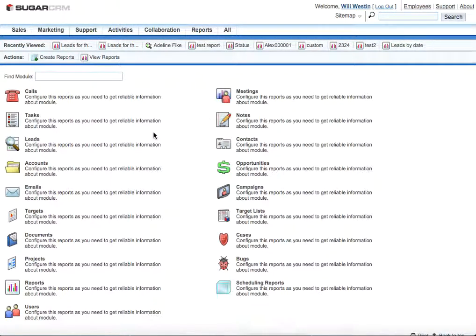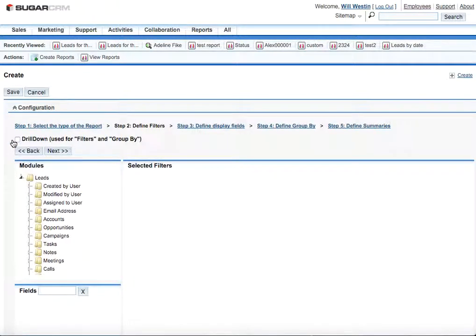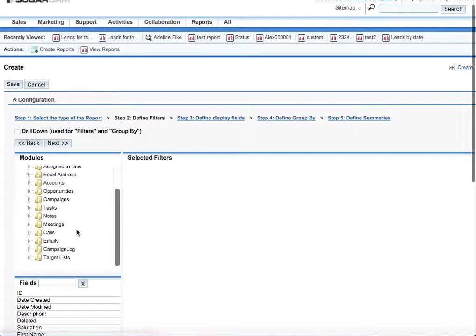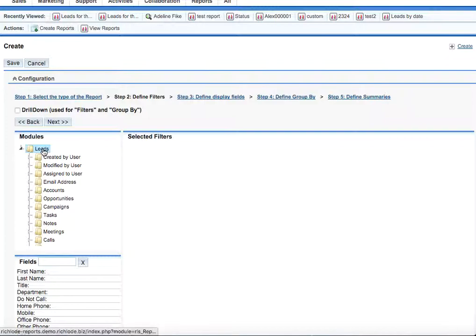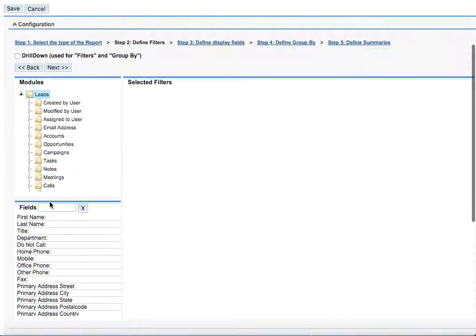and select the type of module, the data from which will be used to construct the report. So in our case, this will be leads module. So there are two filter levels, level 1 filter and level 2 filter. Leads is the module that is already selected in level 1 filter, and we now need to, let's suppose, select